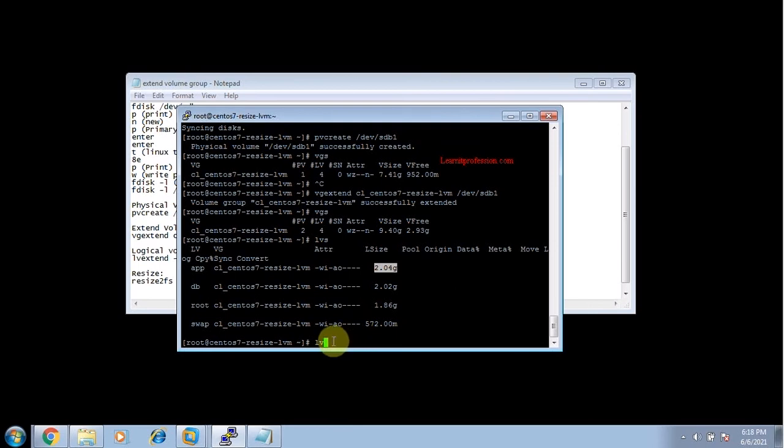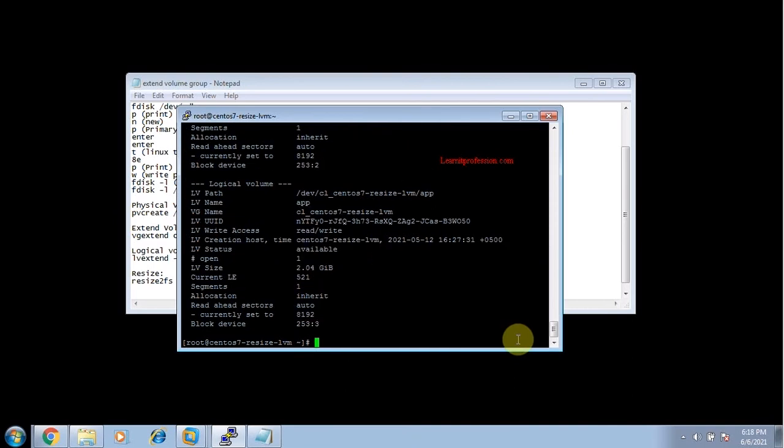We need the complete path of the logical volume app, so we type the command lvdisplay. You can see that the complete logical volume path of app is /dev/CL_CentOS 7-resize-LVM/app.